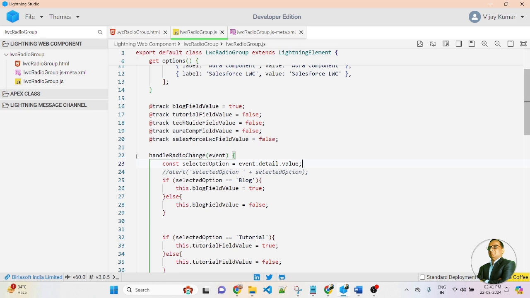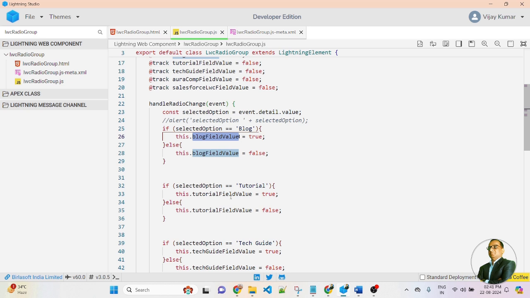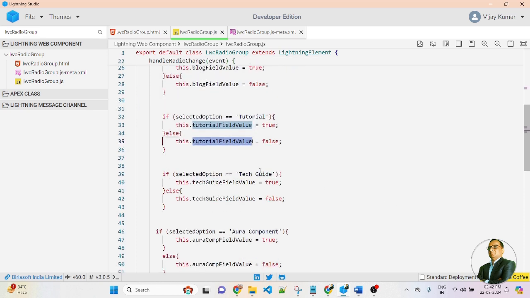So friends, based on this constant variable, I will check the value of the radio group. Here you can see if selectedOption is block, then this variable will be true. I am passing true to this value, otherwise it will be false. In the second option, if selectedOption gets the tutorial value, then this variable I am passing true, otherwise it will be false.